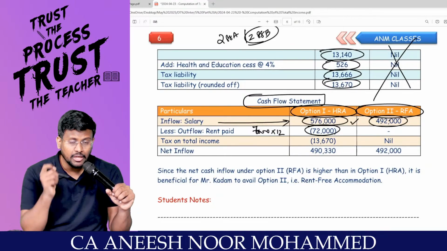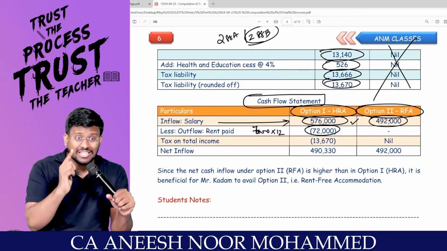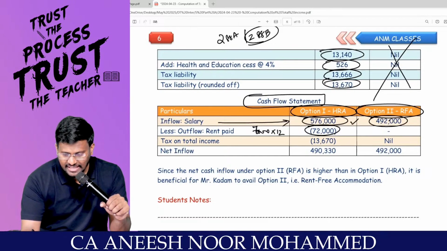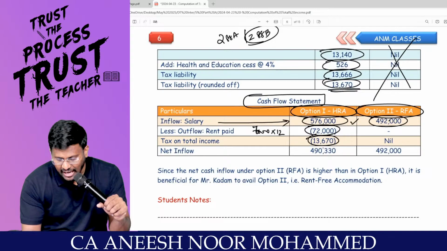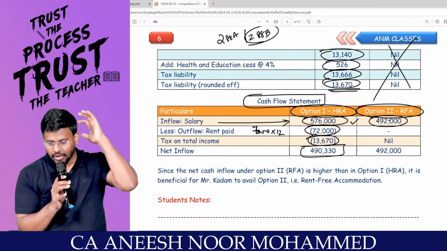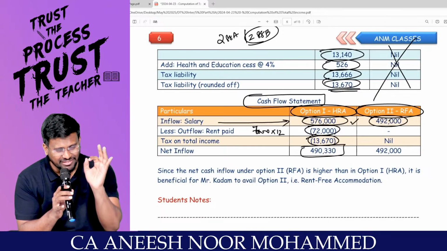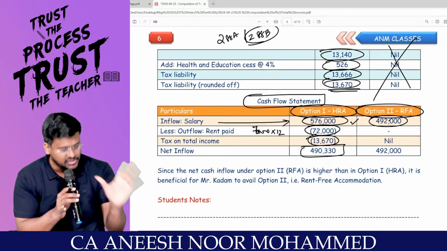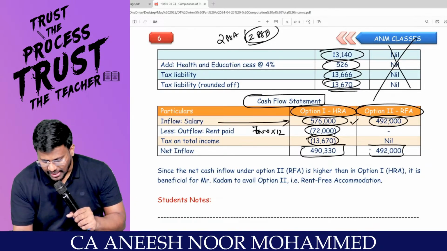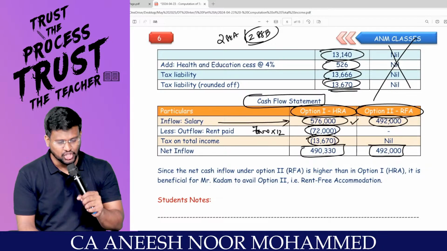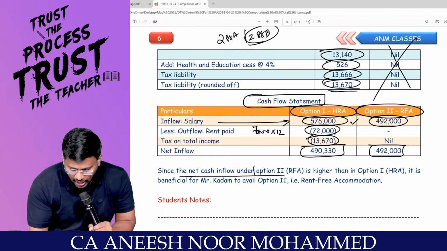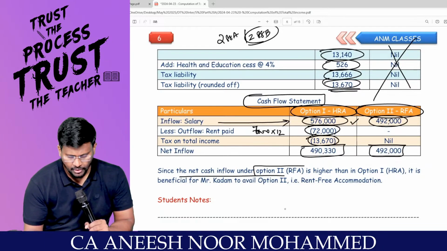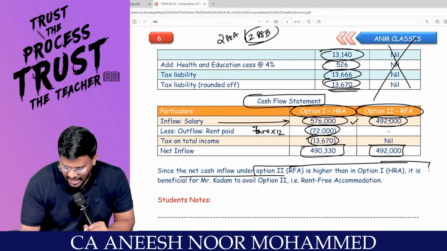And if he travels through the HRA route, tax is payable. Tax is 13,670. So the balance money available with him will be 4,90,330 as the cash balance. And here 4,92,000 will be the cash balance, right? Since the net cash inflow under the RFA option is higher than option number 1,